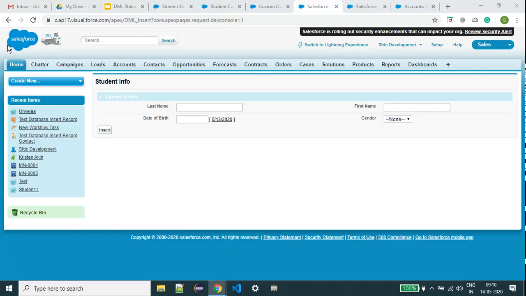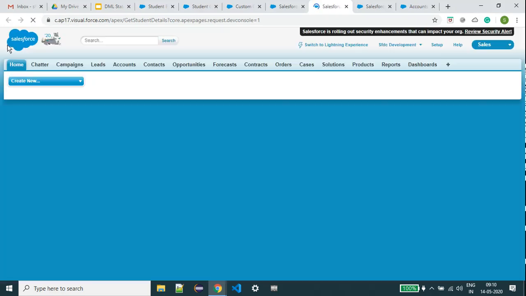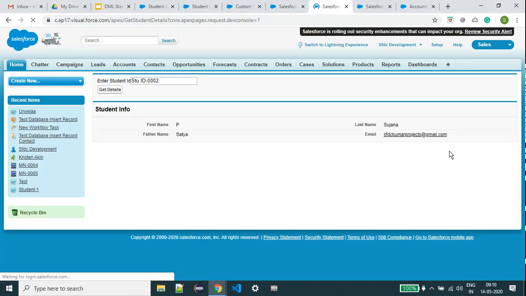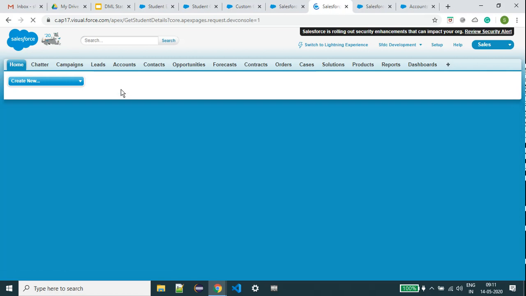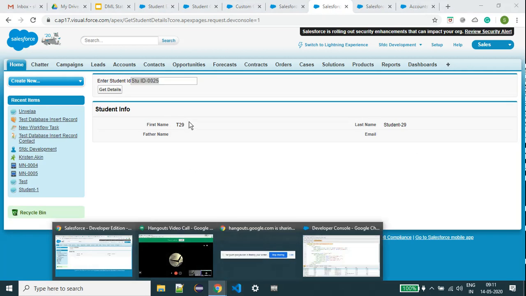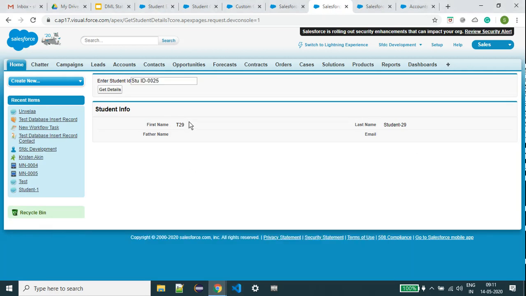So my requirement: I'm entering the student here, right? Get data. Actually it is totally in read-only mode, right? But I want it in editable mode. I want to change some data. So I want all of these in editable mode. How are we going to do that? Then I want to update it. This data already exists in the database. Then I am going to update the data. So how are we going to update the data here?